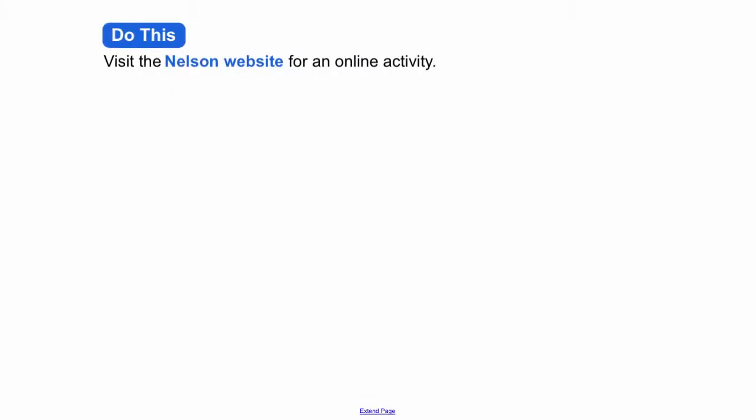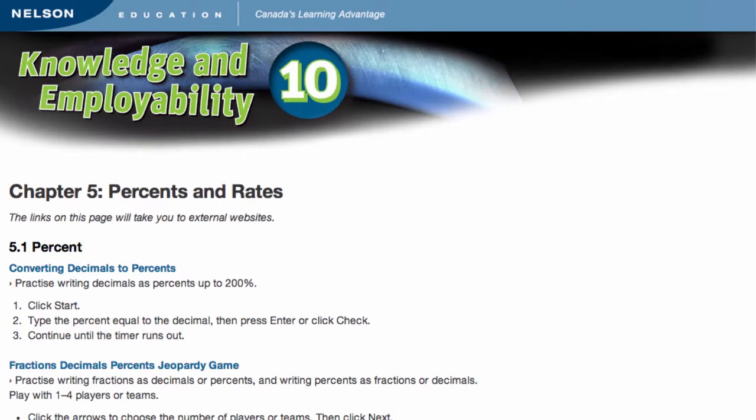The last part of the lesson on the interactive whiteboard package is the Do This section, where students have an opportunity to do some interactive practice on the interactive whiteboard using either Smart Notebook tools built right into the lesson or links to online video clips, activities, or games. The interactive practice activities are designed to give students the confidence to try the practice questions in their workbook on